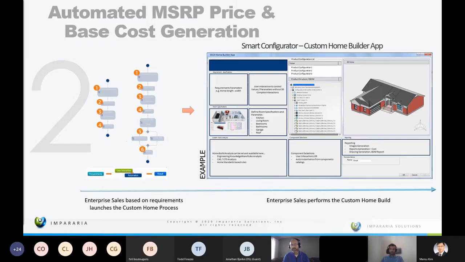You can't go to the bank and say that we're going to be building buildings with estimations. You have to come up with some real things. So this is an example of taking a change of process. Your business, if it didn't do level of development 450, high level, you really need to change gears if you want to do this. And what this gives you is, I'm going to speak specifically about that Smart Configurator screenshot